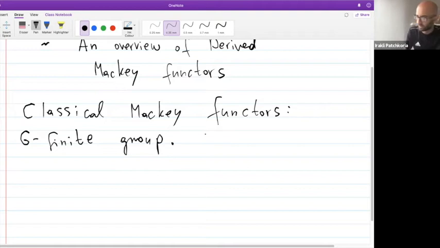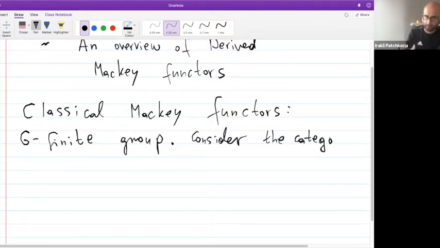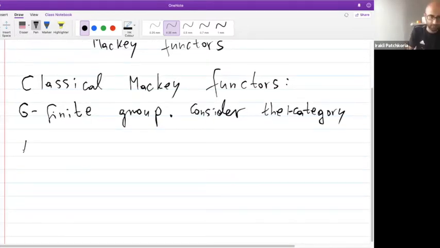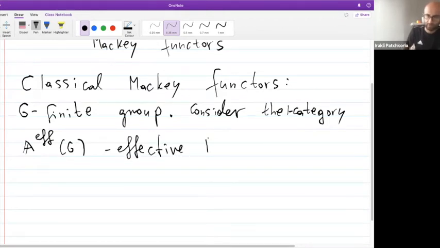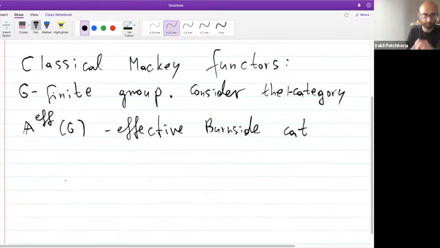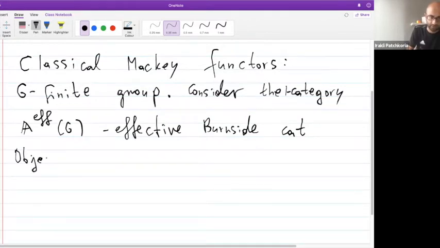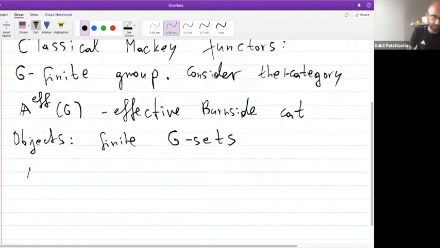So G is a finite group. And what I want is to consider a category, a normal category, which I want to denote like this, maybe like boldface A. It's the effective Burnside category, so effective Burnside category. And what is this? Objects are finite G-sets. And morphisms